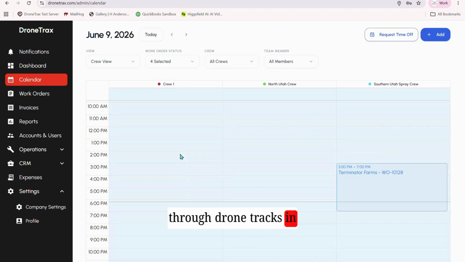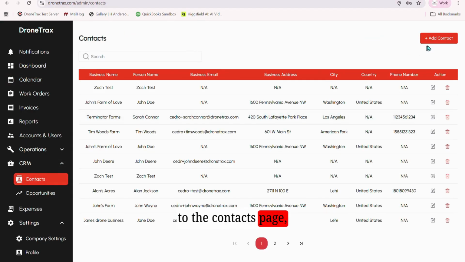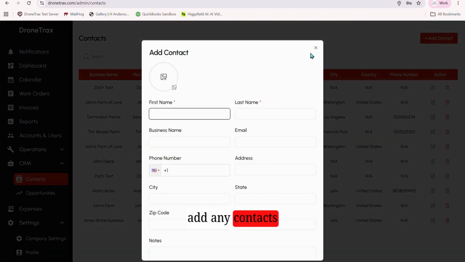Go through DroneTrax in under 2 minutes. Here we go. Here's where you start. Go straight to your CRM, go to the contacts page, click add contact, add any contacts or leads that you